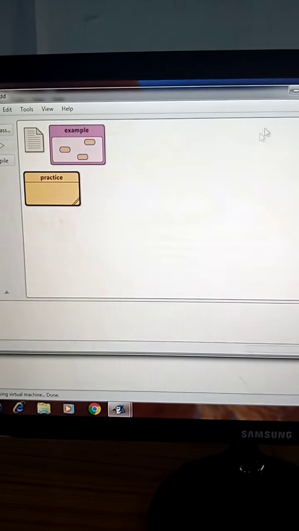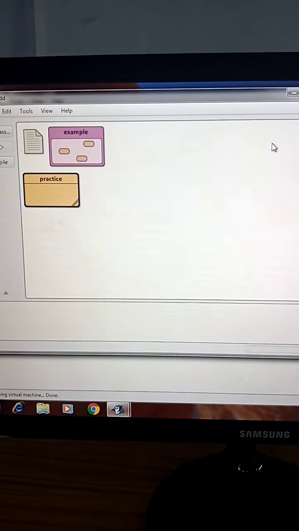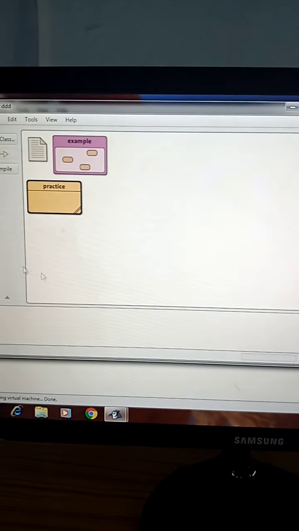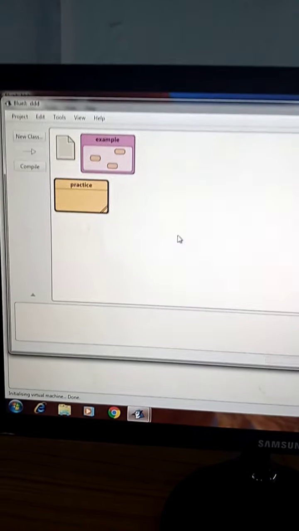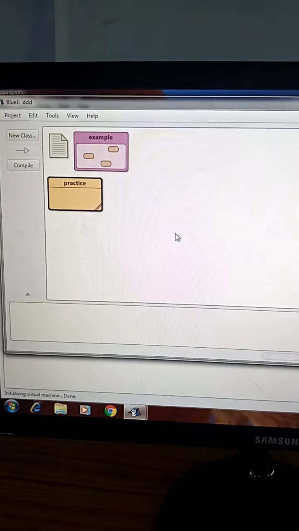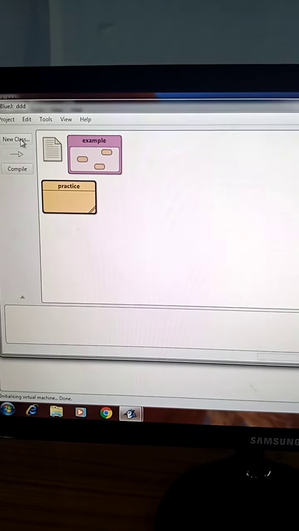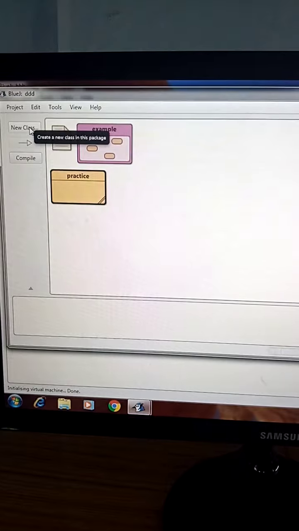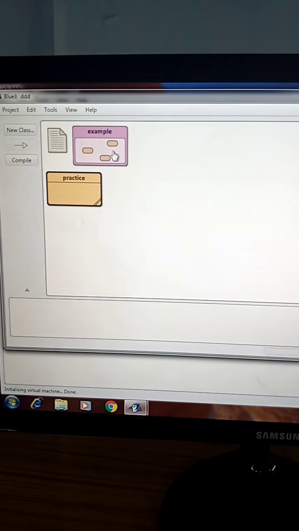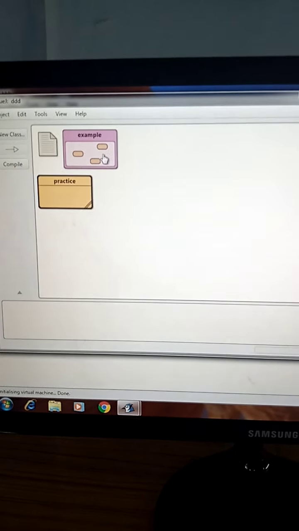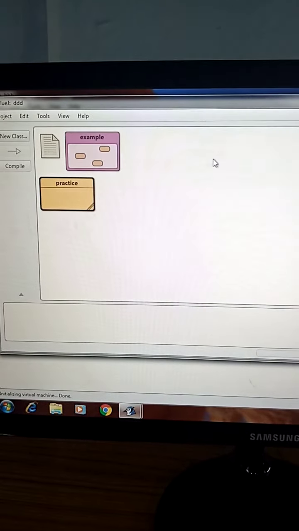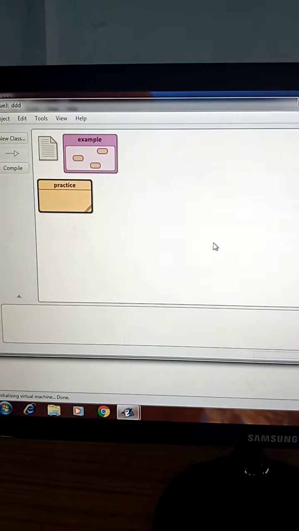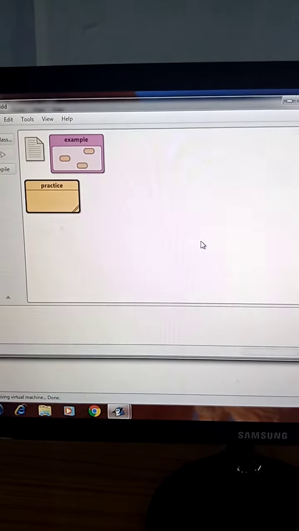Now close that window, then this window will be there in the background. Now go to new class. What you have to do is use the package you have created, example package. Within that you have written class hello.